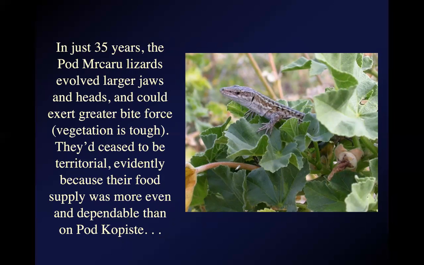There were behavioral changes. The Podmurcharu lizards were no longer territorial, probably because they had a food supply that was more even, not common at some parts of the year but rare at other times, and probably more dependable. So there was much less to fight over. They'd lost their territoriality. They'd evolved physical changes to adapt to a new diet, and